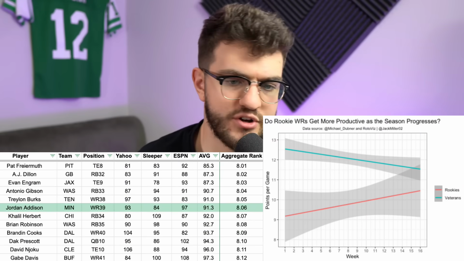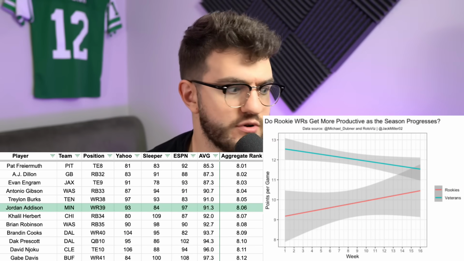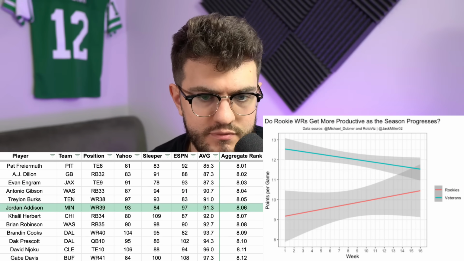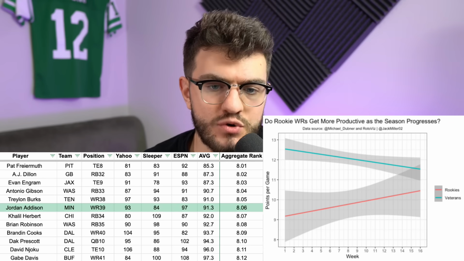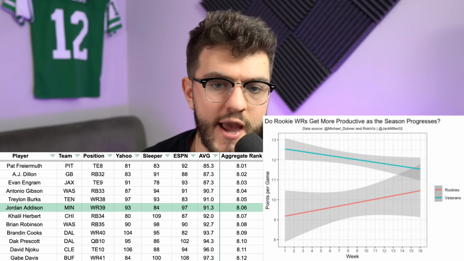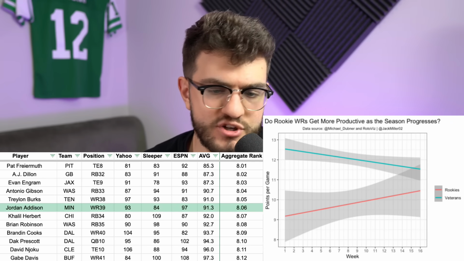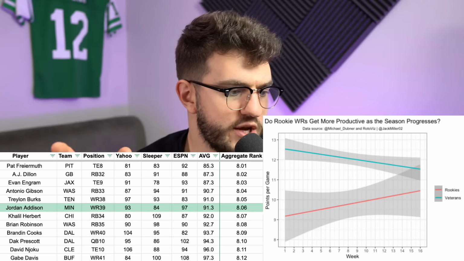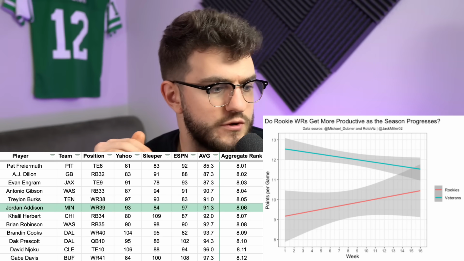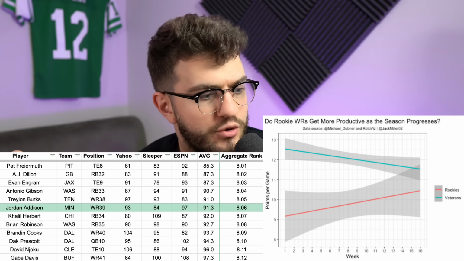Going on to round 8, this is going to start the trend of us looking at a lot of rookie wide receivers. We have Jordan Addison. He is consensus 806 as the wide receiver 39. He is my 606 as my wide receiver 32. And you're going to see a lot of rookie wide receivers the rest of this list here. And it's because of this. This is a great chart from Jack Miller, and it just shows rookie wide receivers backloaded their fantasy points, right?